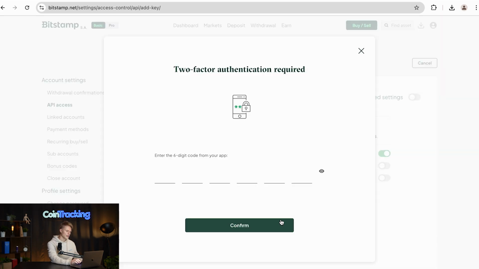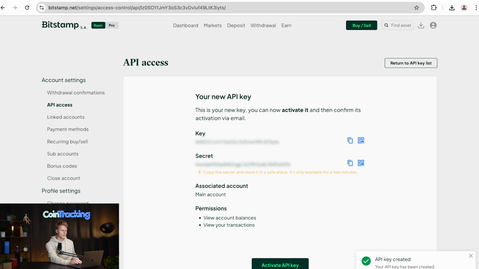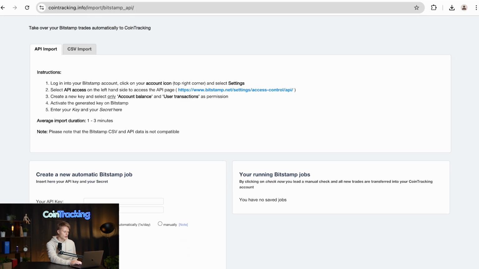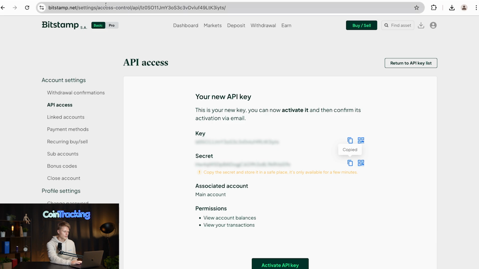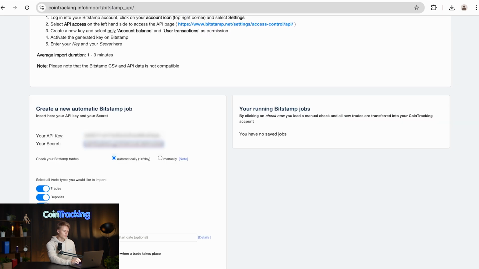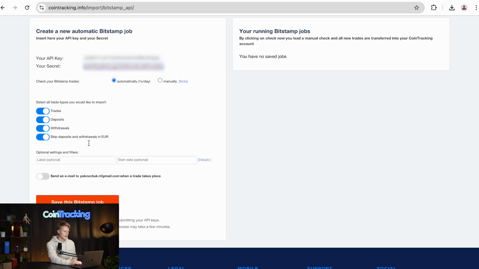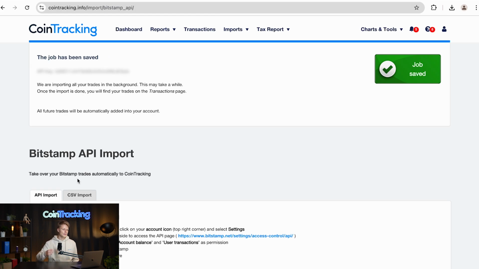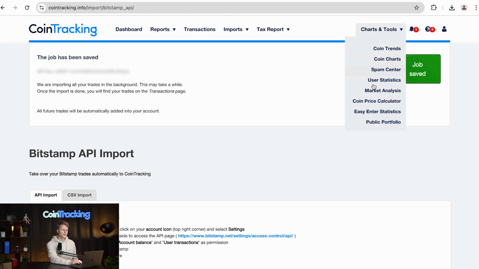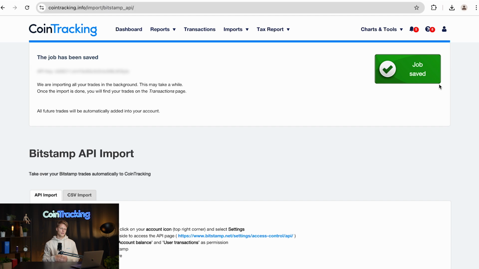Create new API, then we have to verify once again, and once we have done that, we will see our API key and API secret. We take those and copy them into CoinTracking. Once we have done that, then we simply scroll down and save this Bitstamp job. If our API key is correct and the secret, then the API connection will be created and we will see a big green check of job saved, which means the API job is saved in our account,